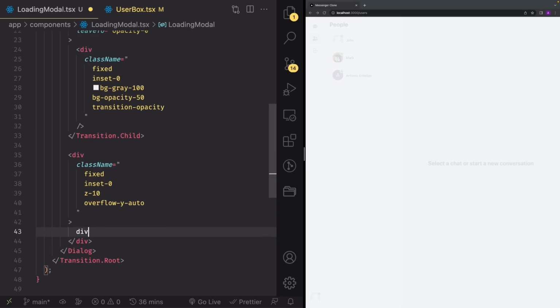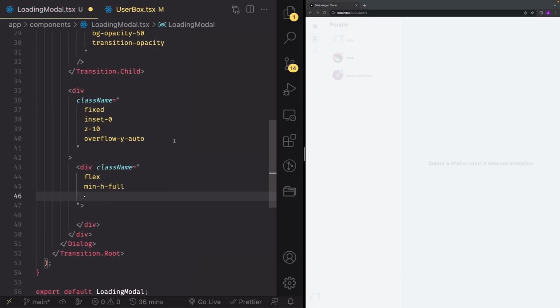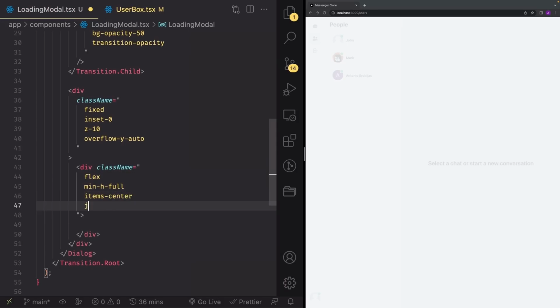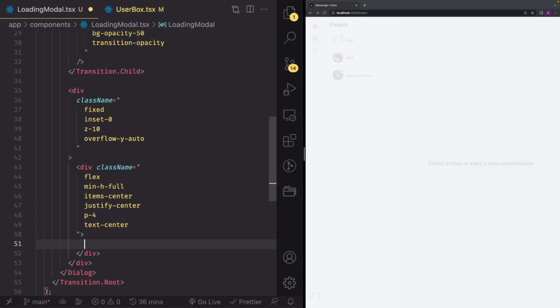Inside of that div, create another one with the class name of flex min-h-full, items-center, justify-center, p-4, and text-center, like that. Great. And now what you can just write is dialog.panel,